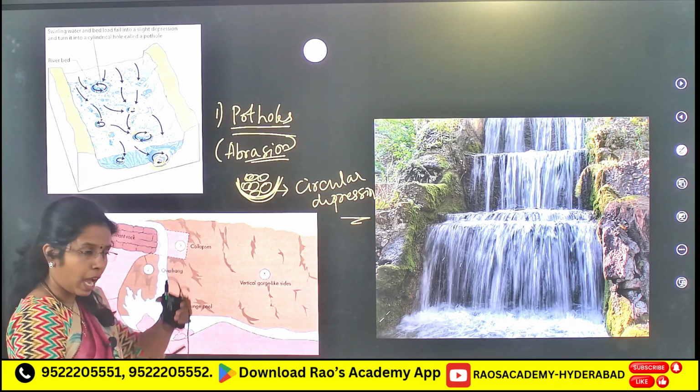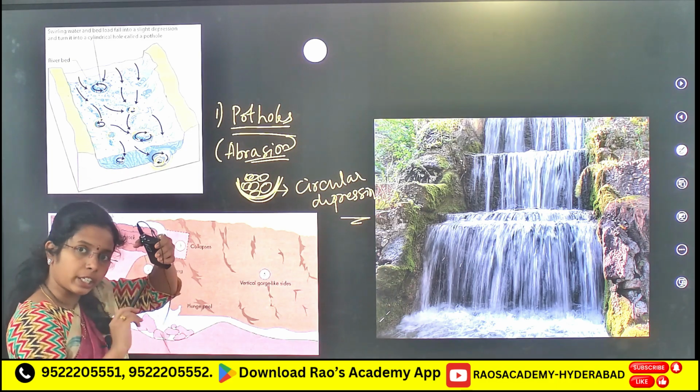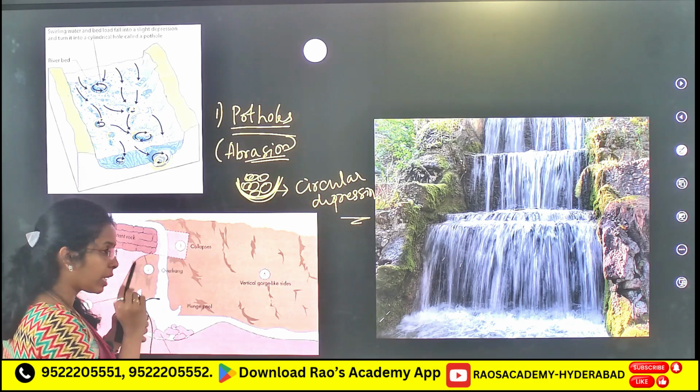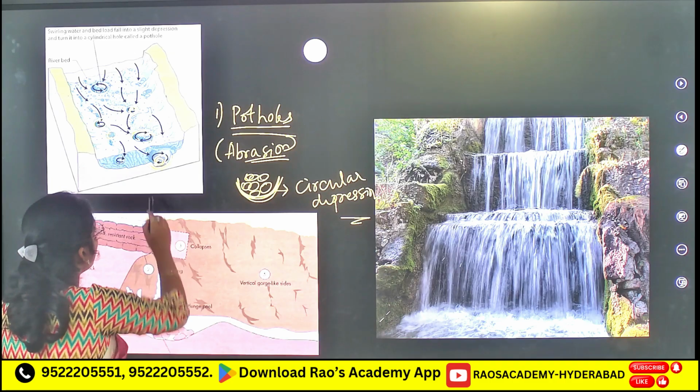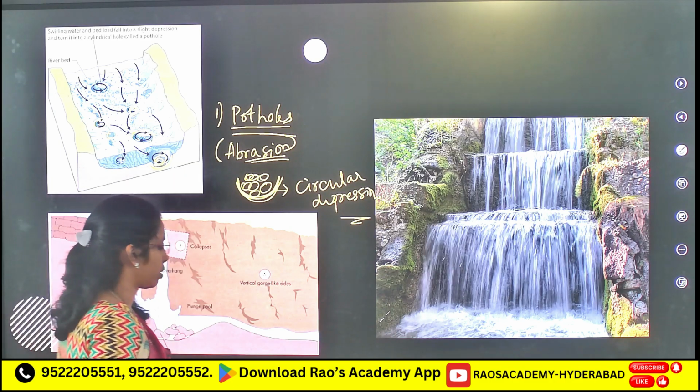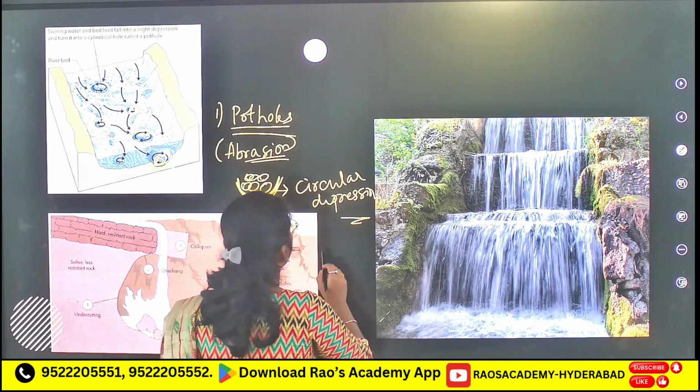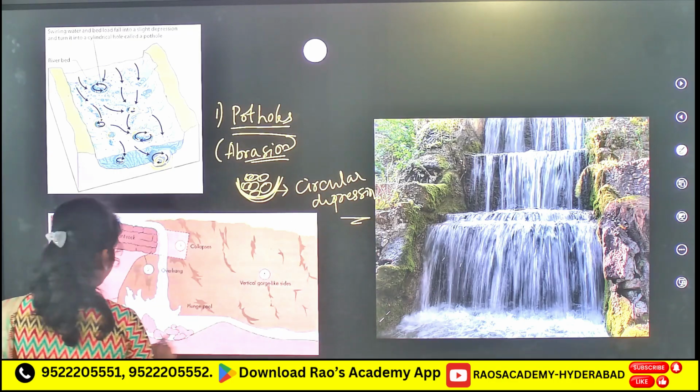Water is flowing, and because of that they rotate inside. Rocks and pebbles rotate and create circular depressions. Those depressions are known as potholes. Next, plunge pools. Here